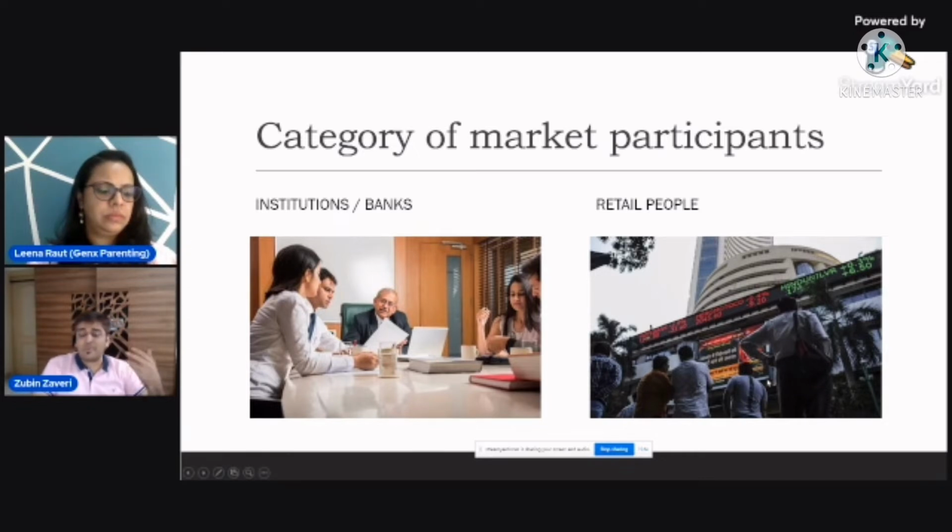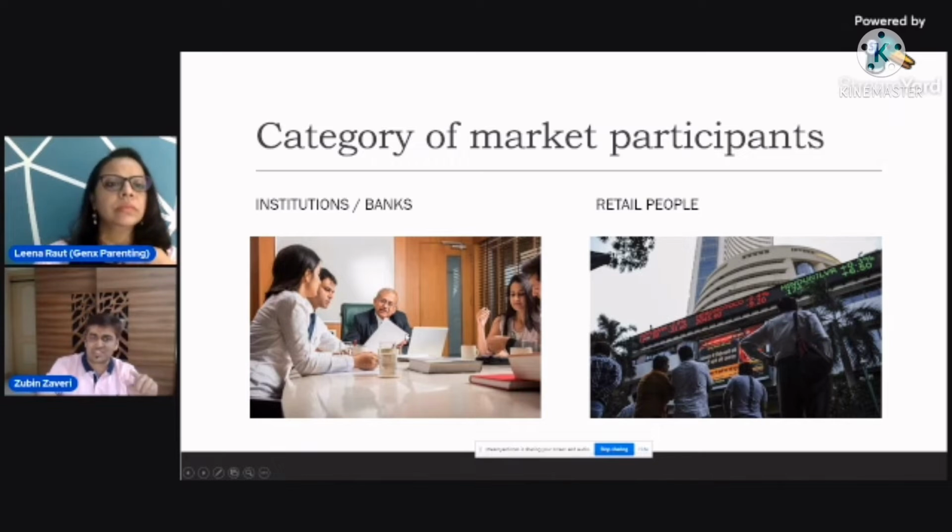So, probably people subscribe to tip-giving services or advice. The idea is that most of these retail people have their brokers. Their brokers constantly give recommendations, and basically what they are doing is asking their brokers which share to buy or which share to sell. They are asking advice from their brokers. But do you think these institutional people, when they buy and sell shares for themselves, also buy and sell